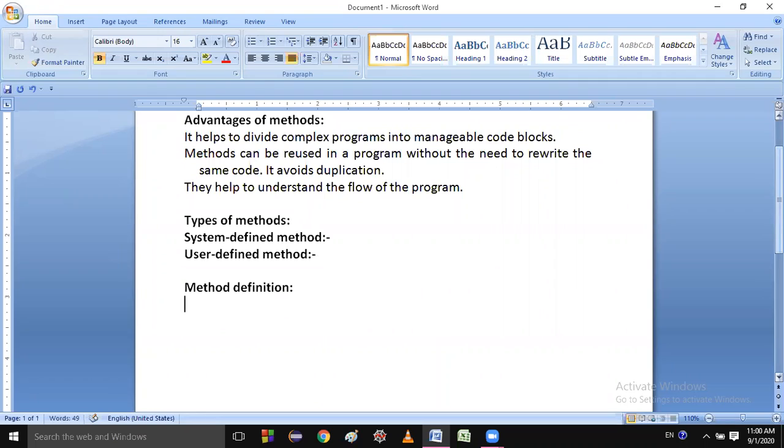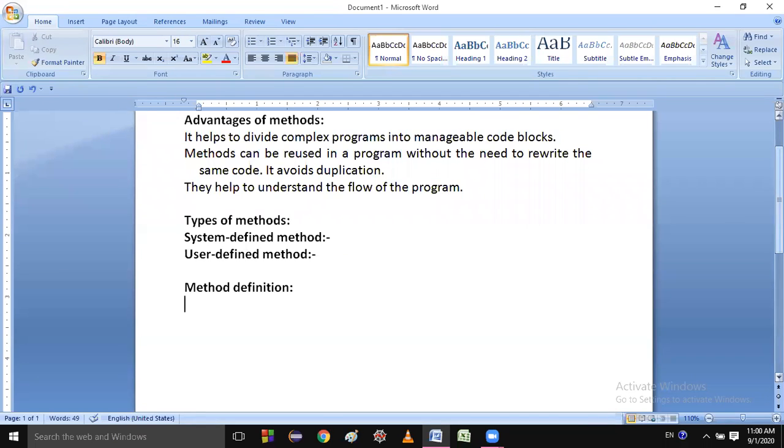Method definition. What is a method definition? Before that, you should know where you will write the method. As I said in the very early classes, in Java, each and everything is inside the class.